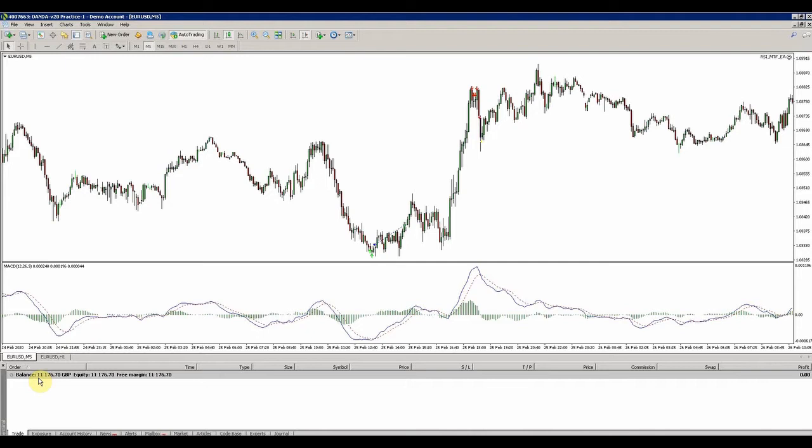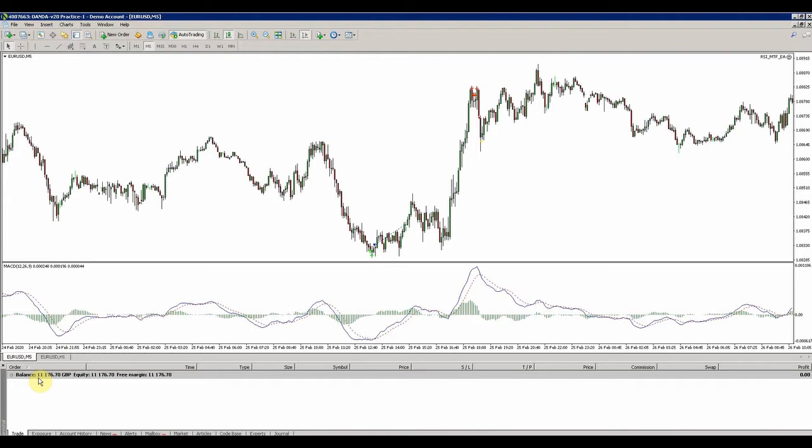I'm pretty sure I said £1,000 earlier. I meant to say 10 if I didn't say that. So yeah, 11.1% return. And again, there is risk involved when trading Forex, but I just wanted to show you